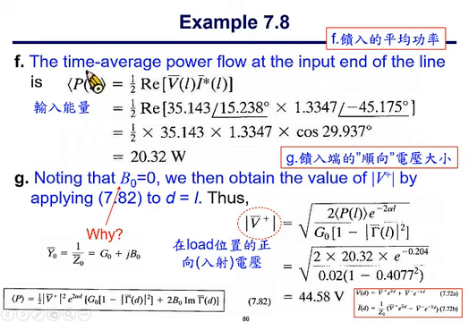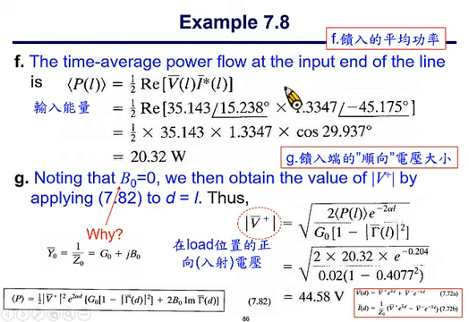That is half of the real part of the product of the voltage and the complex conjugate of the current. With all the numbers from the previous slide, you calculate this number. You end up with the time average power delivered to the transmission line system,